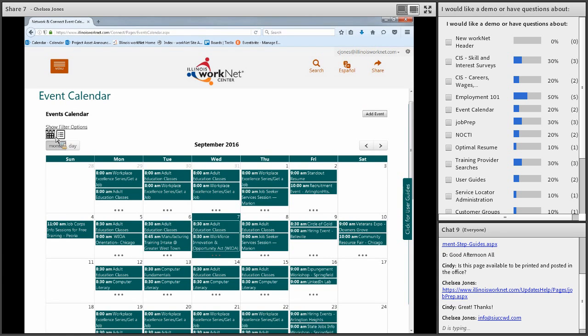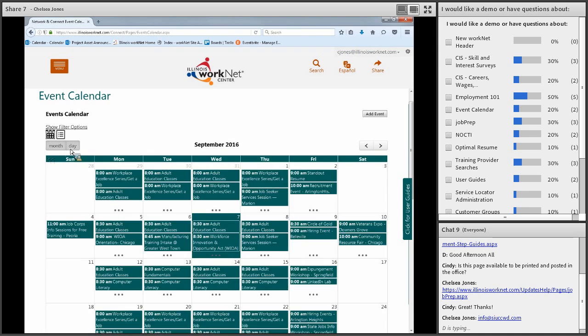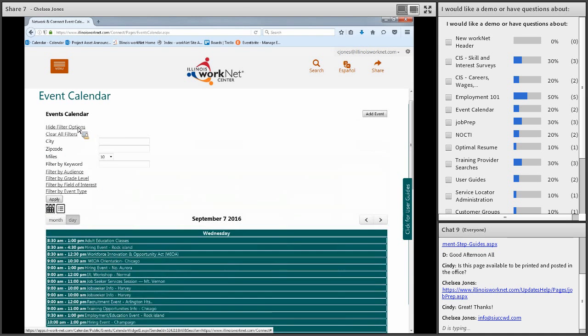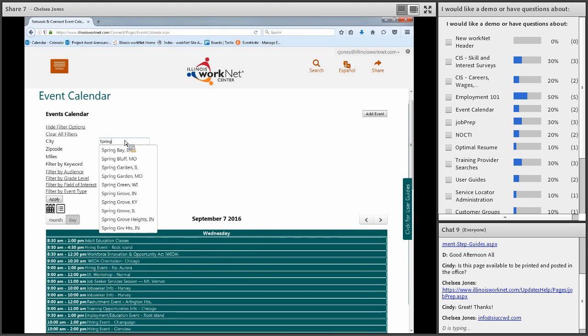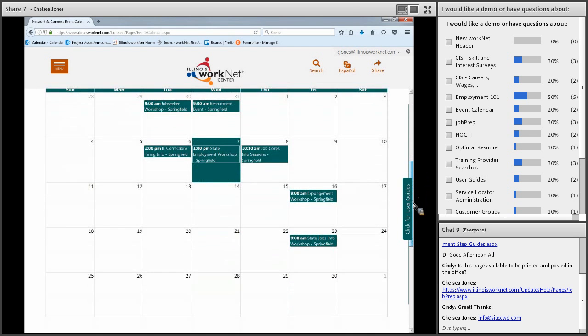There are a couple options with the event calendar. You can see there's a month-day filter, so you can look at the whole month, or you can just go day by day. We also have filter options because obviously most of the people that come to Illinois WorkNet aren't going to want to see statewide events. They're going to want to see events near them. So if I just start typing in Springfield, you can see options are shown. I'm going to choose Springfield, Illinois, and click Apply. And now it's shown me all events in